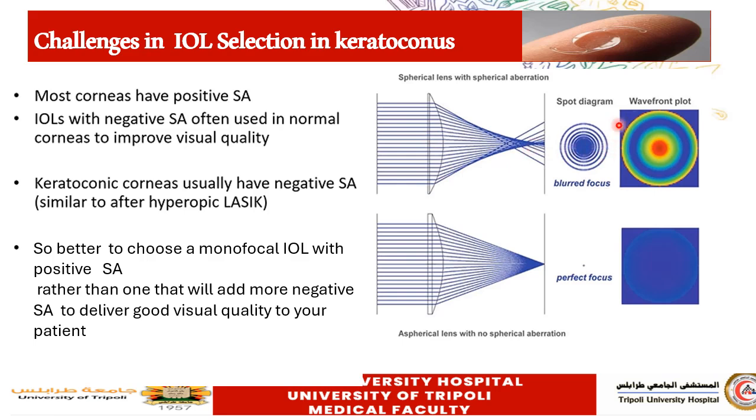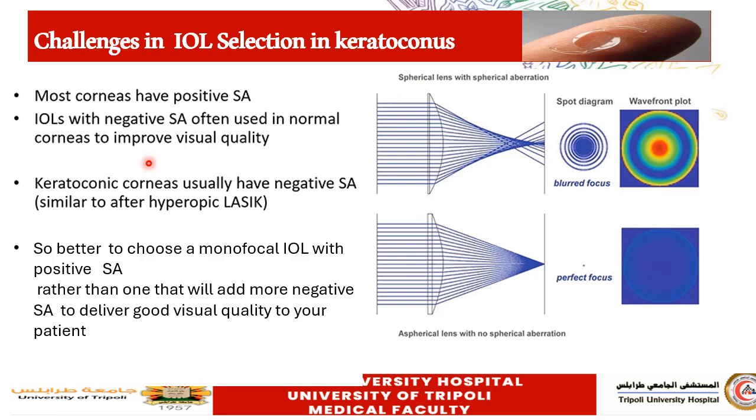And this will create an Airy disc with a focus in the center and a different circle of blur around it. So this is called the positive spherical aberration. And negative spherical aberration means the reverse, that the peripheral rays will be focused in the back and the central rays will be focused in the front. Normally we have a positive spherical aberration, and usually we improve this by implanting a negative spherical aberration